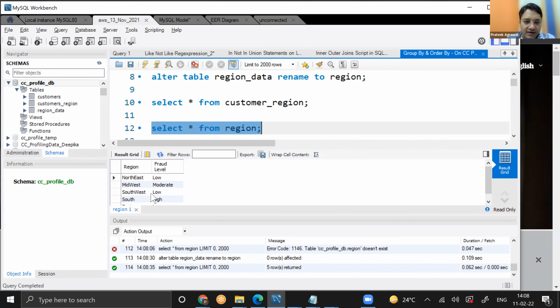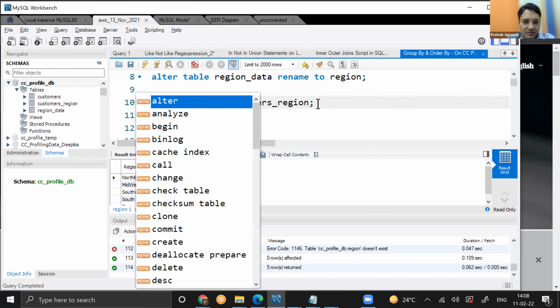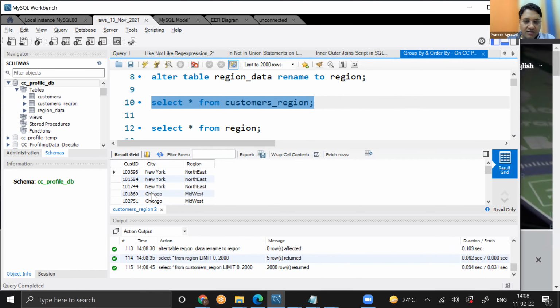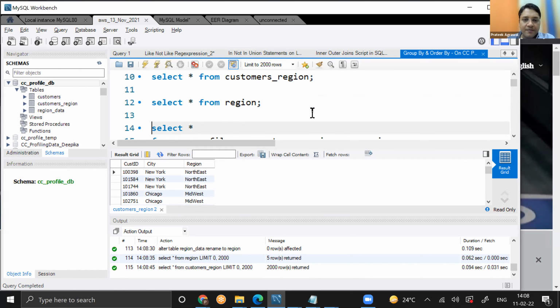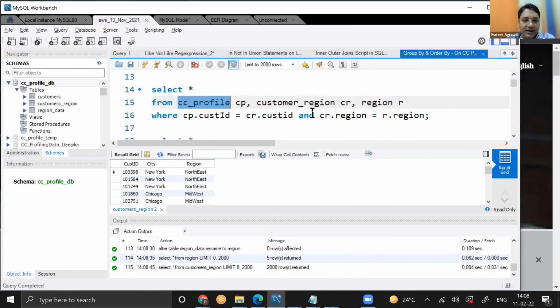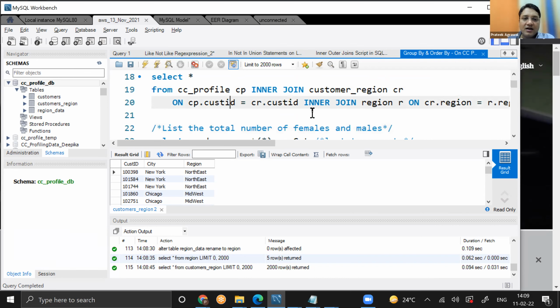So we get all this data, right? We have region and fraud, and then we have customers, region. So we get this data, which has all the customers, and which city and which region, right? And we also know that we can join multiple tables. We have seen it multiple times yesterday. We can join all these 3 different tables and get the data out from them as well,